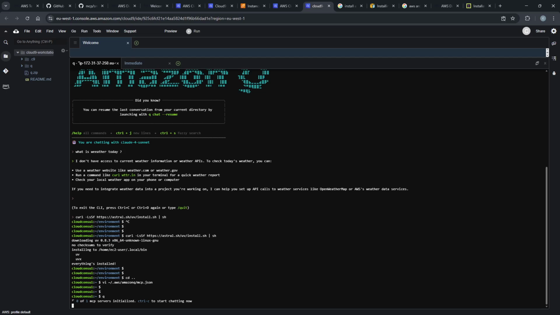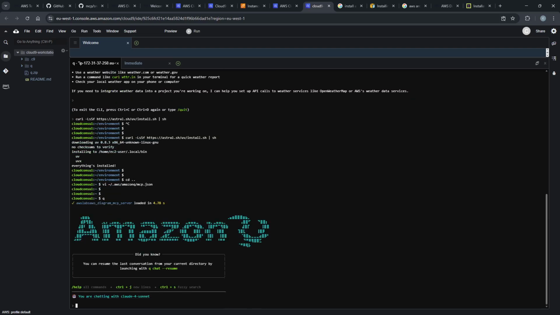If you see, now it's saying that 0 out of 1 MCP servers is initialized. Okay, so we got the AWS Labs diagram MCP server loaded successfully. So currently our client has access to this MCP server, right? So I'm going to simply give a prompt to create a 3-tier application architecture diagram, with public and